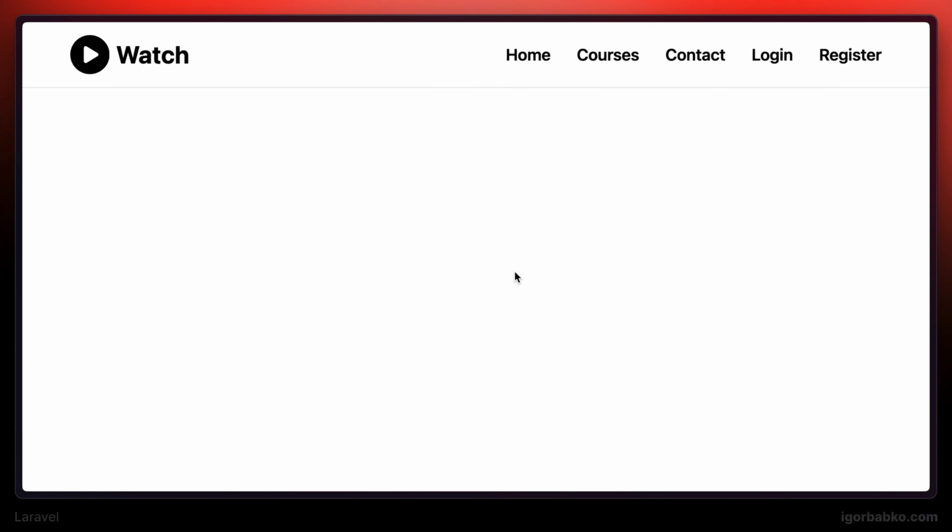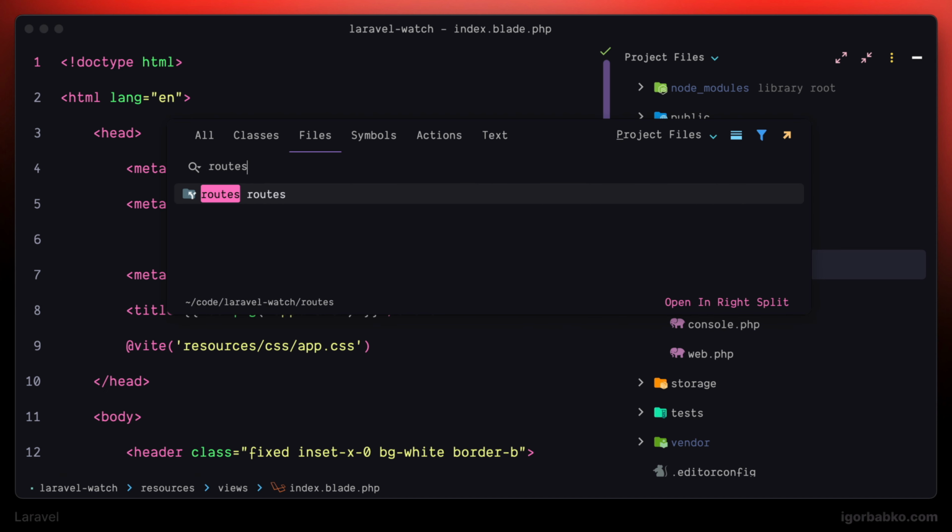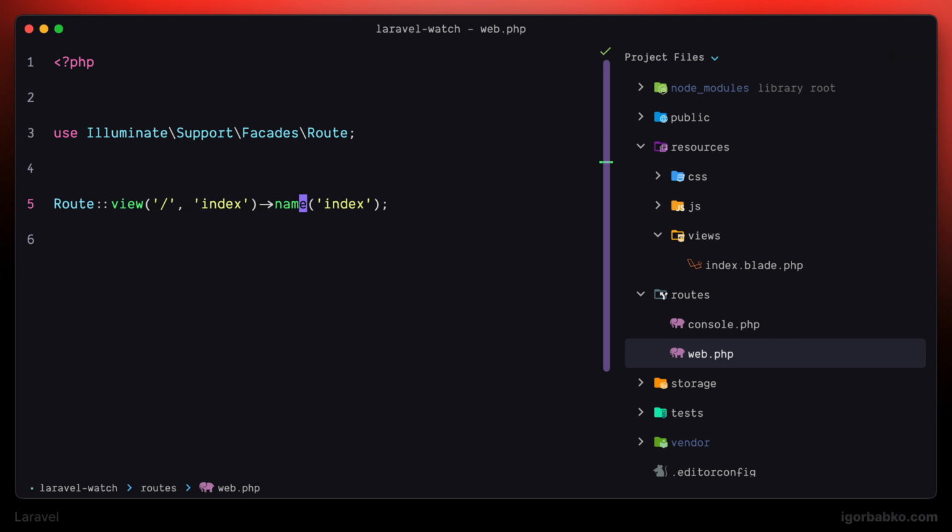Next, we're going to define routes for each link in here so that we can navigate between these pages. Let's go back to web.php, the file where we define all our routes. Here I'm going to duplicate an existing route and define the route for the second page, which is courses, by